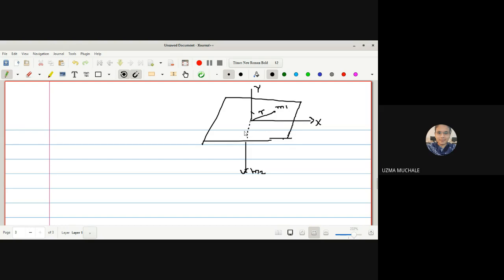So what will be this whole? This is L minus r, because we know that m1 and m2 are connected by a string of length L. So if this total length is L, and r is the distance of mass m1 from this origin, and these are the x, y axes. So suppose this is an angle theta, and this will be L minus r for mass m2 from the origin. Correct. We have the two masses m1 and m2 connected by an inextensible string, and the string passes through a hole in a smooth table.